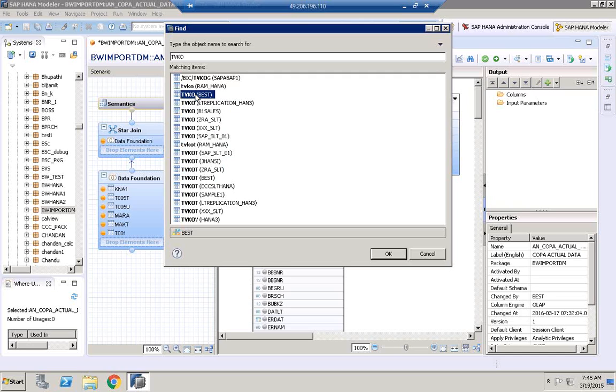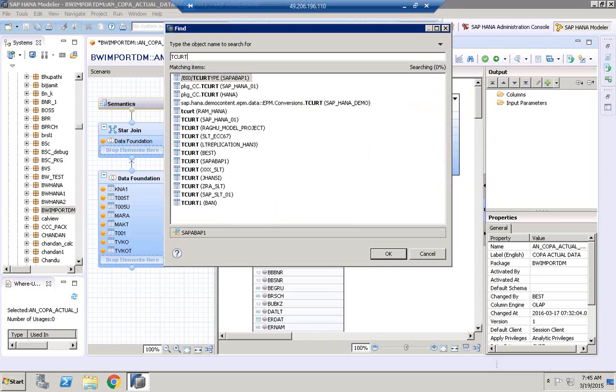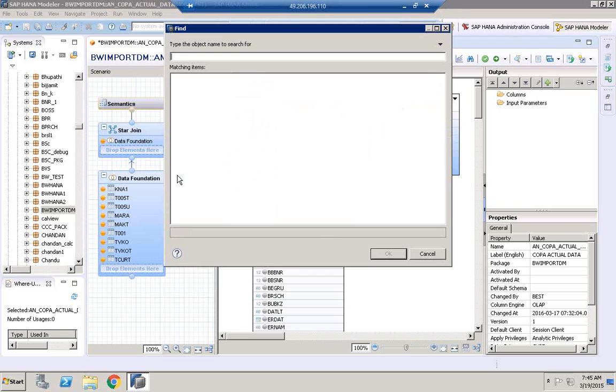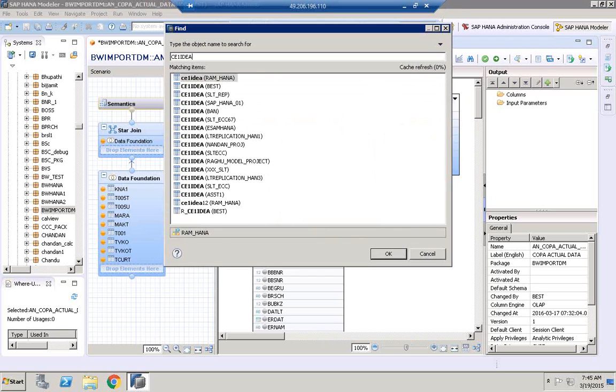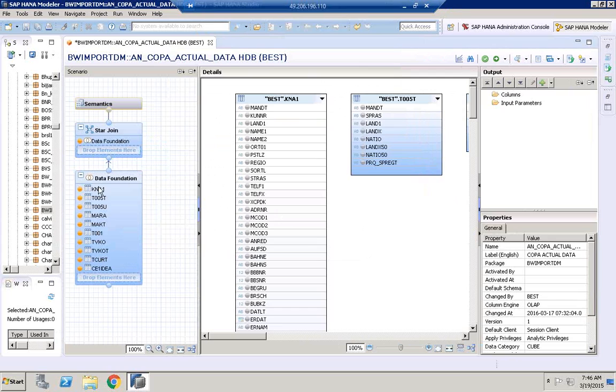So I want both these tables, TVKO and TVKOT, TCURT, and the last table CE1IDEA. Now that we added all the tables that we require at the data foundation,